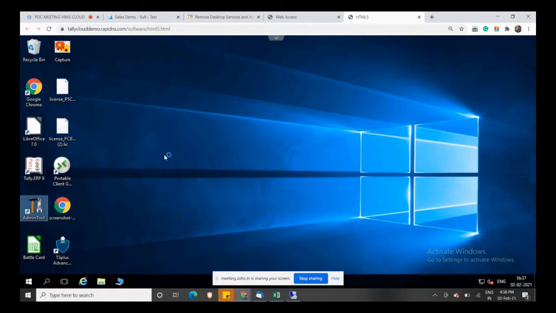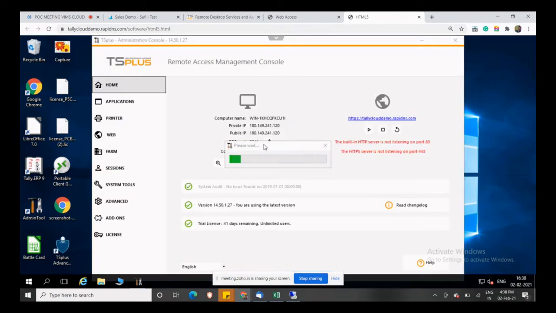So if we're using TS Plus, the RDP port is not going to be open, is it? No, you can also get access via RDP as well. But this doesn't need the RDP port to be open, if I'm not wrong?